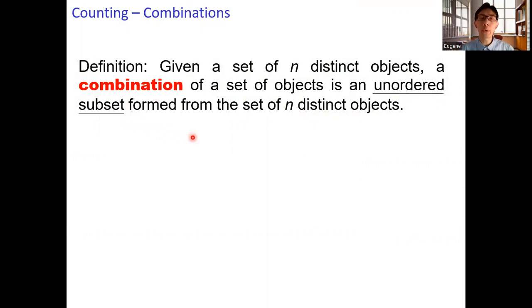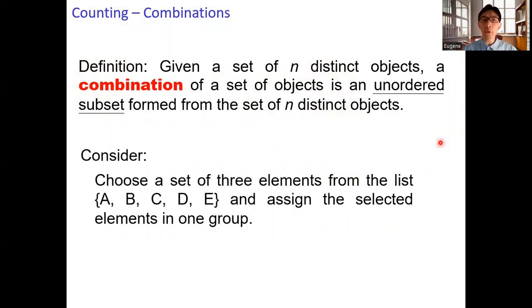For example, we choose three letters. Suppose the letters A, B, C are chosen. We can have a sequence like A, B, C, or we can have a sequence A, C, B, or the sequence B, C, A. The orders are not the same for the three sequences. However, they refer to the same combination. As long as we have the same elements in our list, then the sequence does not matter and all of them refer to a single combination.